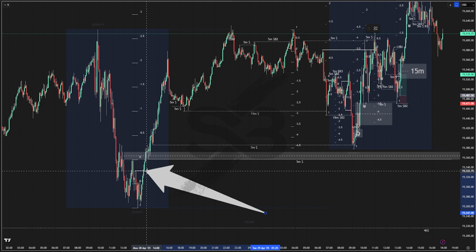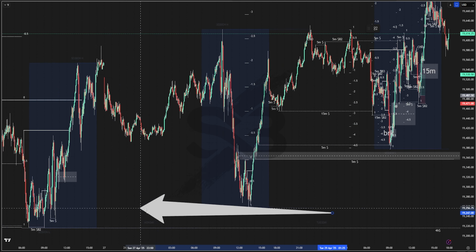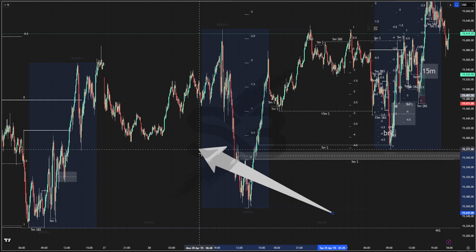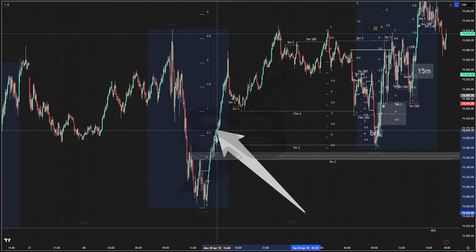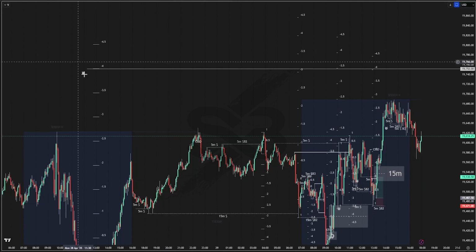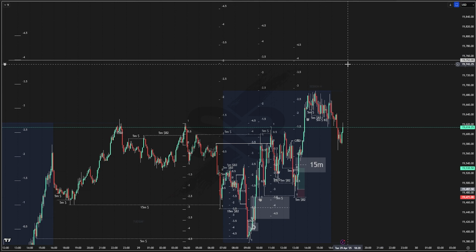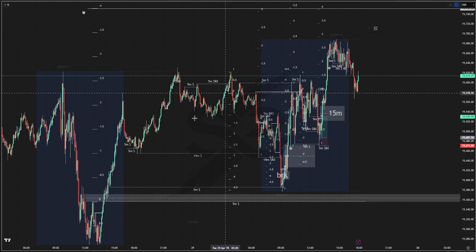And this 5-minute breaker and then this 15-minute breaker, this 15-minute breaker more specifically, is valid per my model on the 1 hour. There's a 1 hour sweep right here. We swept and created a 15-minute breaker. That means this is very likely to deliver to 4 standard deviations, which I'm still watching for. So if this is very likely to deliver to 4 standard deviations, then this is going to be the draw,